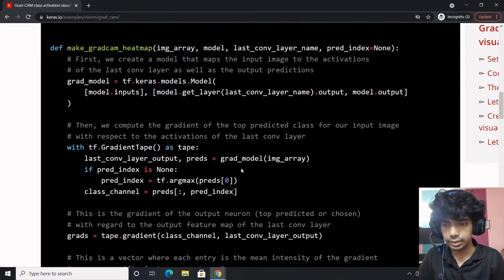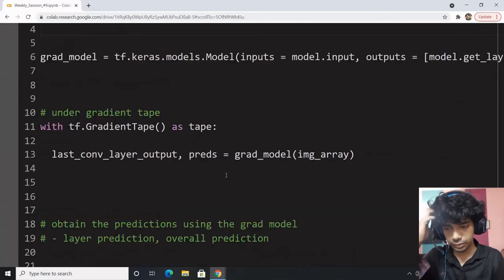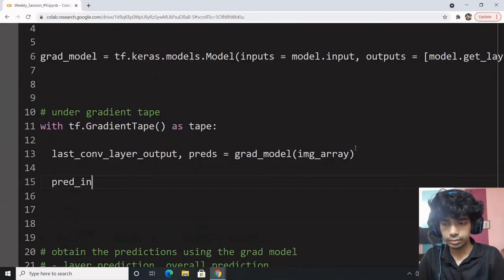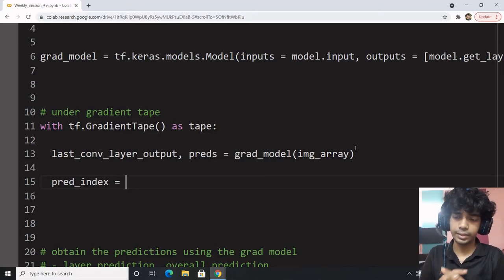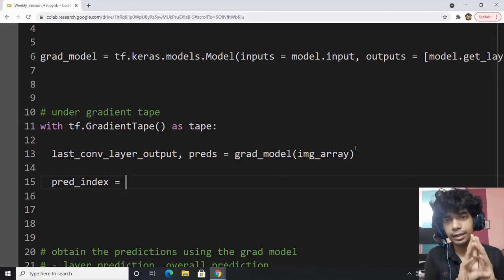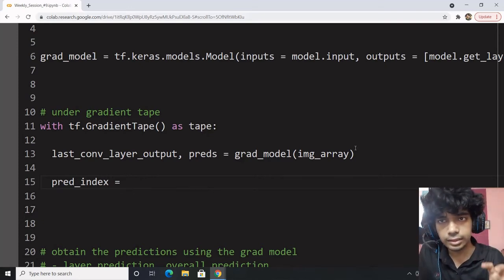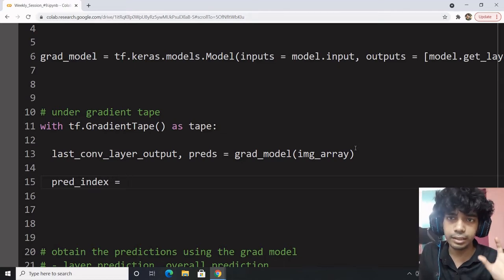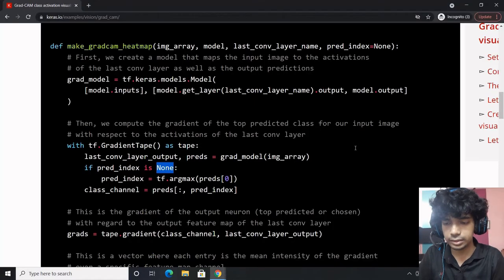what happens next is, now the image array is there, we need to obtain the prediction index. So prediction index is not there, so that's not an issue. Why the concept of prediction index, let me tell you why. If you don't define it, it will highlight the one which it is actually predicting, right? And if you want to debug for a particular class instance, no matter how many classes there might be in the image frame, it will be able to find out and visualize for that particular class index. That is the role of prediction index.